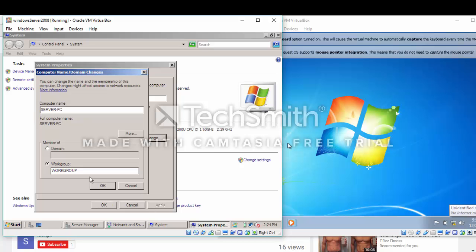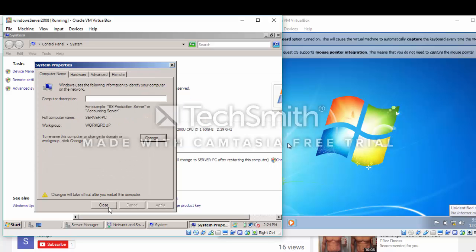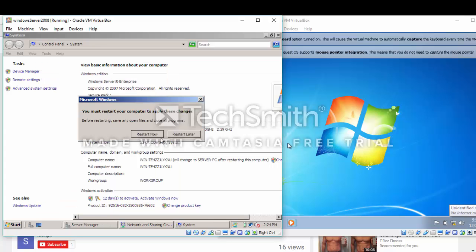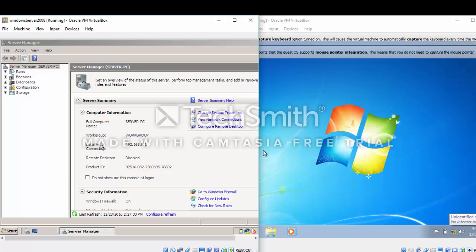Right now it's on workgroup. It's not a domain as yet. All right, so we'll come back to this. So we press OK. I'll have to close off all my stuff, but we'll just restart it for now. Okay, so now that our computer has restarted,